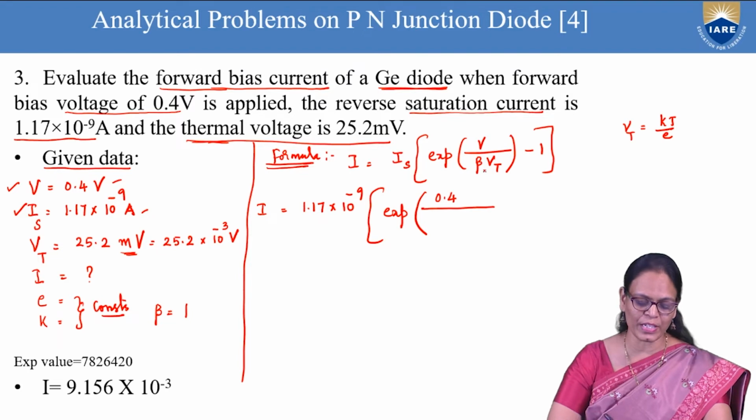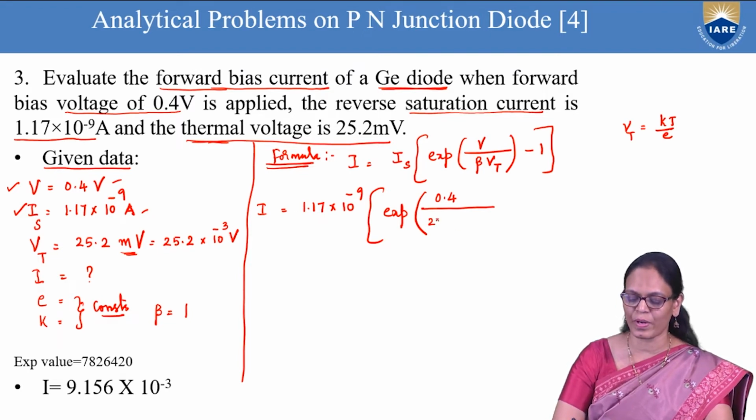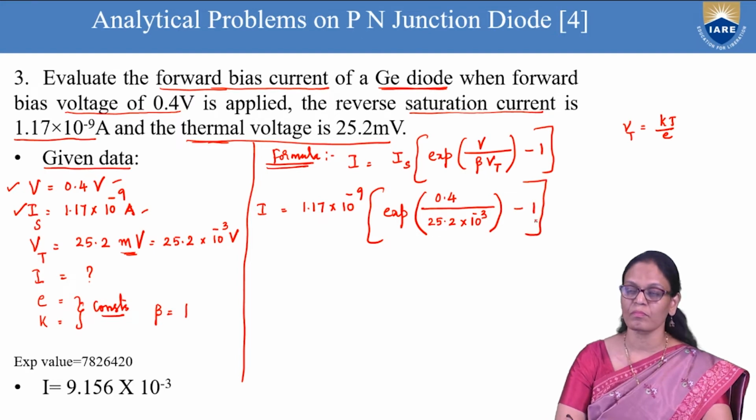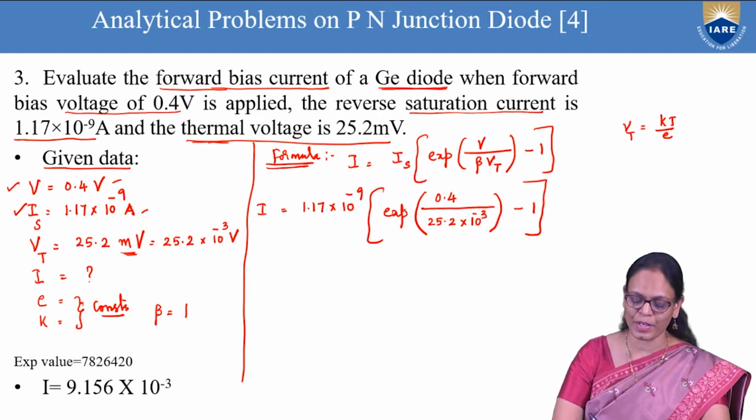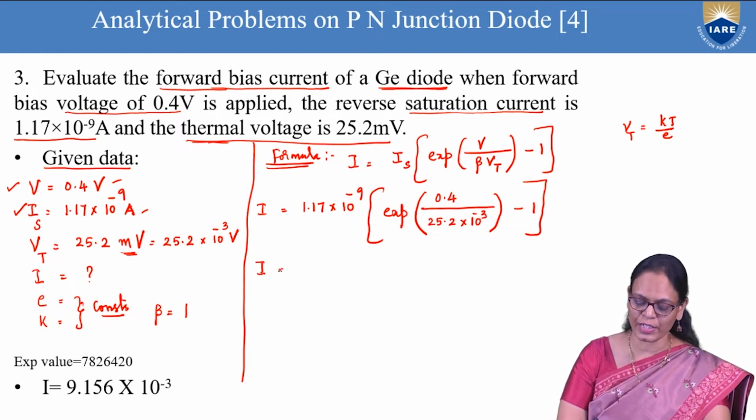And what is Vt here? 25.2 into 10 power minus 3. So 25.2 into 10 power minus 3, minus 1. So when I take the exponential of this value, 0.4 by 25.2 into 10 power minus 3, what we get here is